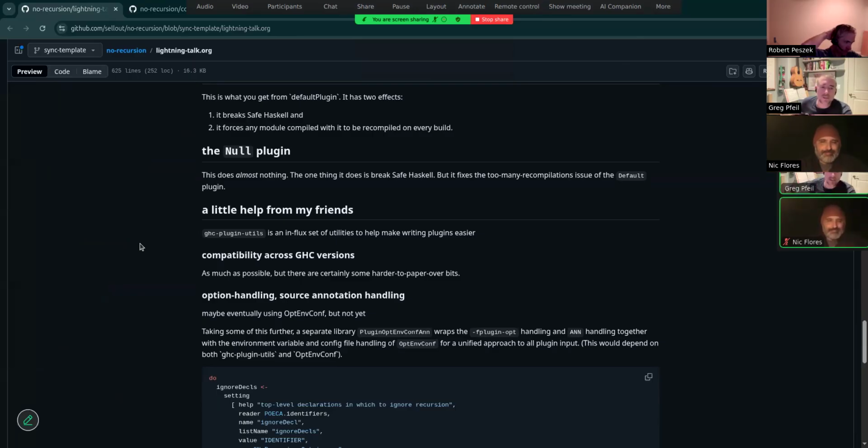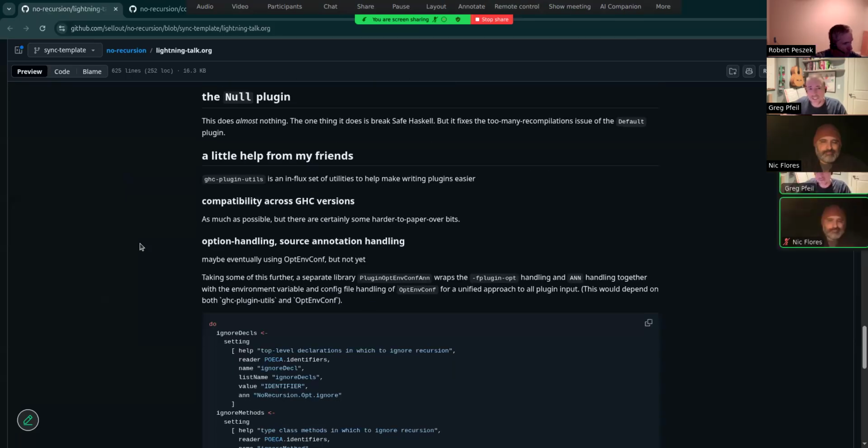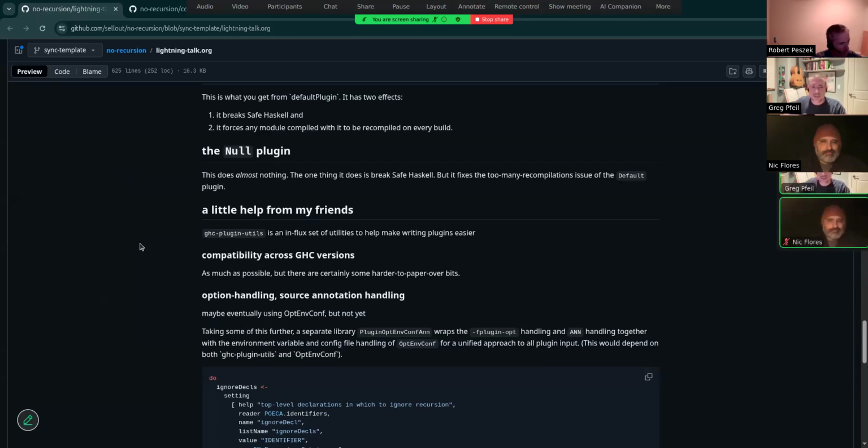But it does compatibility across GHC versions. Normally, if you are trying to get a plugin to work across GHC versions, you have a lot of CPP, a lot of min version GHC, and they're going to have different constructors in places. Functions take different sets of arguments, things have different structures. So this has a plugins module that handles all that internally, so that it can export a consistent plugin interface